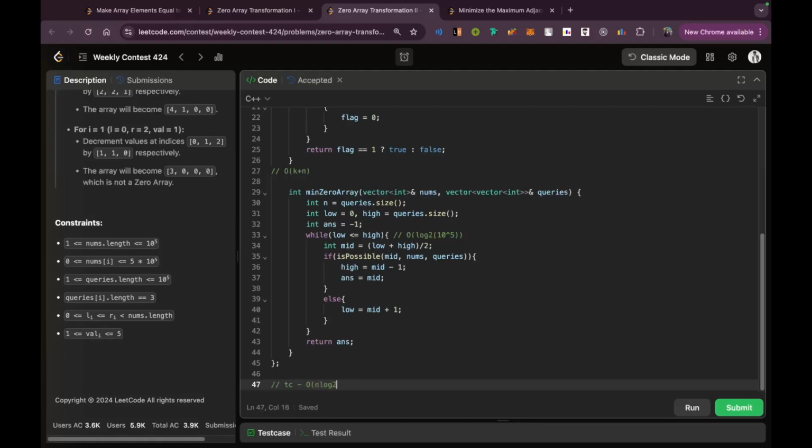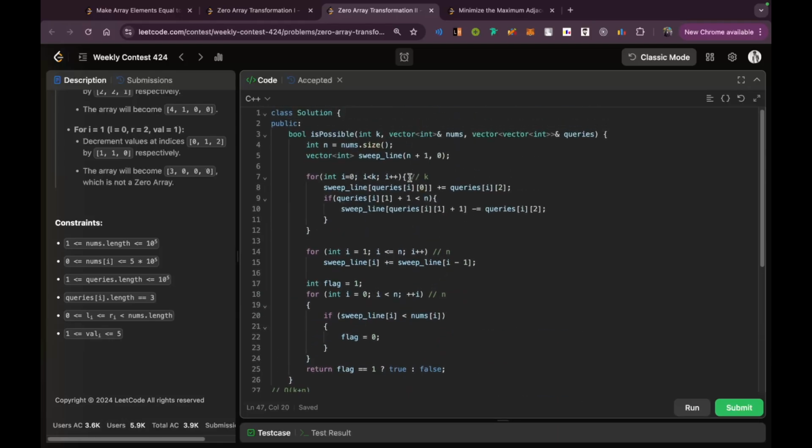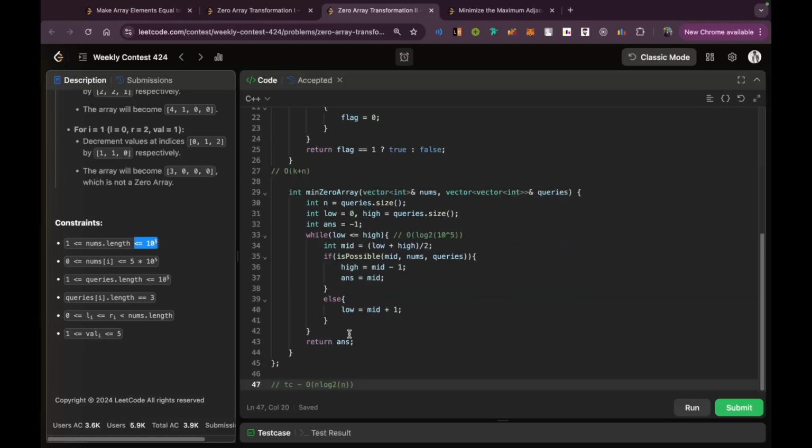To put it in a very generalized way, this is n log n as a problem, and n log n is going to work, of course, because this is within this boundary. Even if you take queries into the terms, if the queries loop is something we want to picture, then it's 10 power 5 order maximum over here also. So even if this is n or q terms, this is maximum 10 power 5 order only. So the plugged in values are 10 power 5. We can report this as n log base 2 n also, but still it would be in this 10 power 5 into log of 10 power 5 order only,